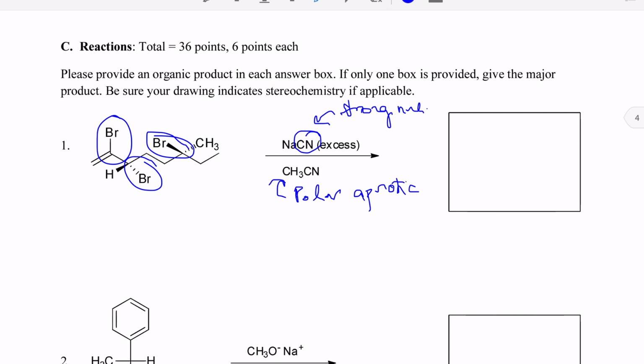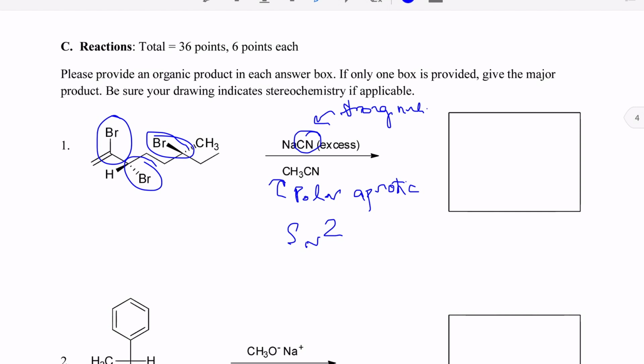So these are markers that tell us really that we're dealing with a SN2 reaction. SN2 reaction. So now that we have that figured out, we can easily decide which bromine goes and which one